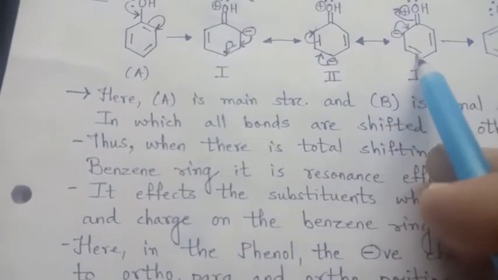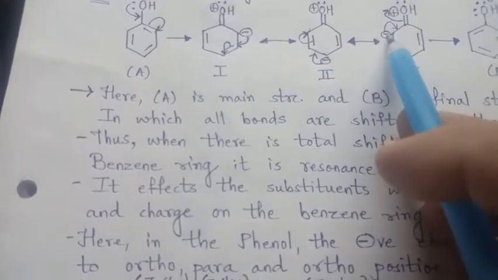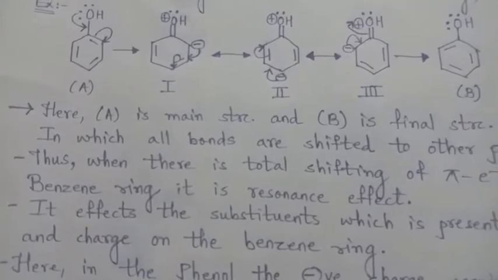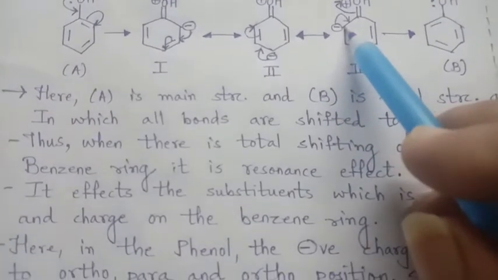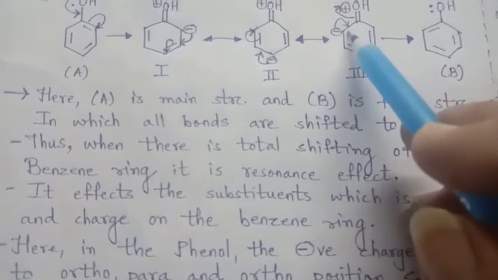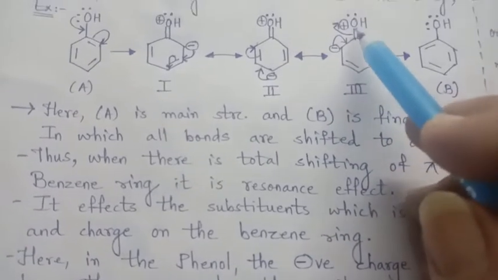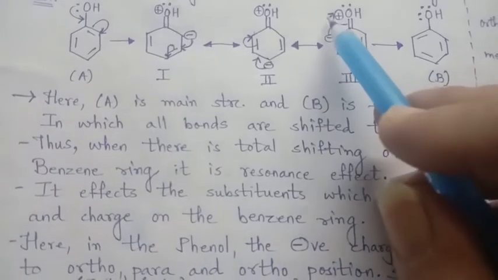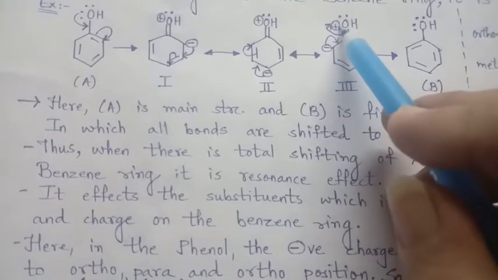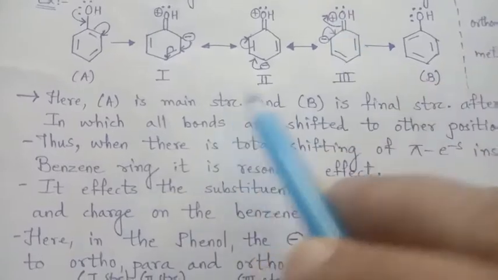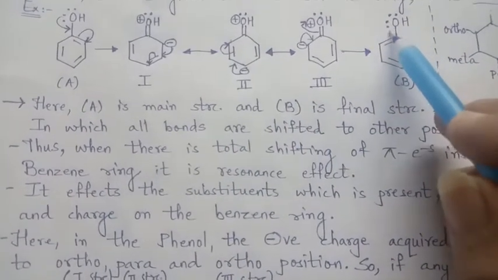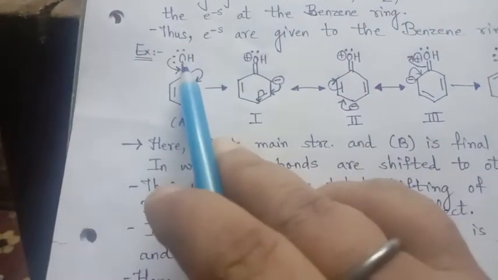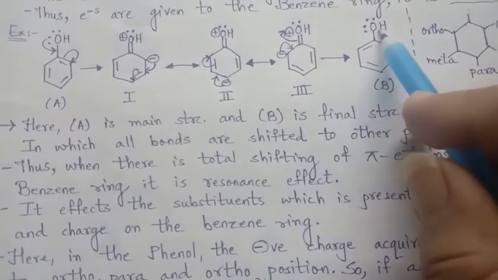So what happens? Here the double bond will take place, and here the negative charge will take place. Now this negative again comes back to here. So here it will be a double bond, and this double bond will share back the electron pair to the oxygen. So here it will be again with the 2 lone pairs. This is the 2 lone pair oxygen.